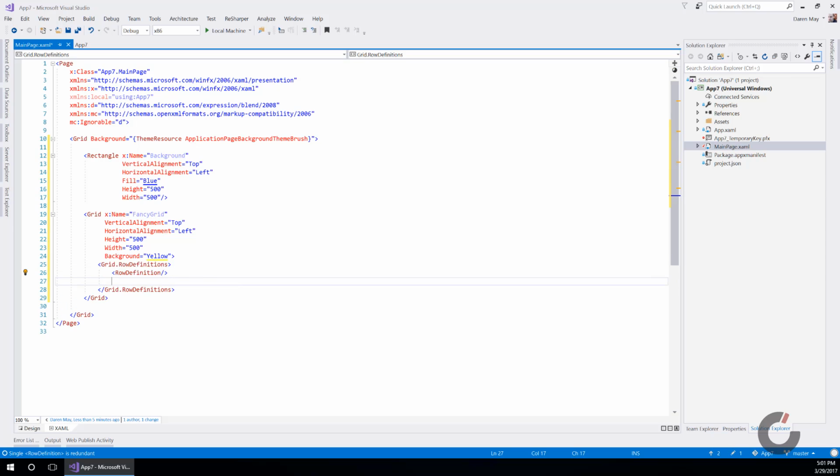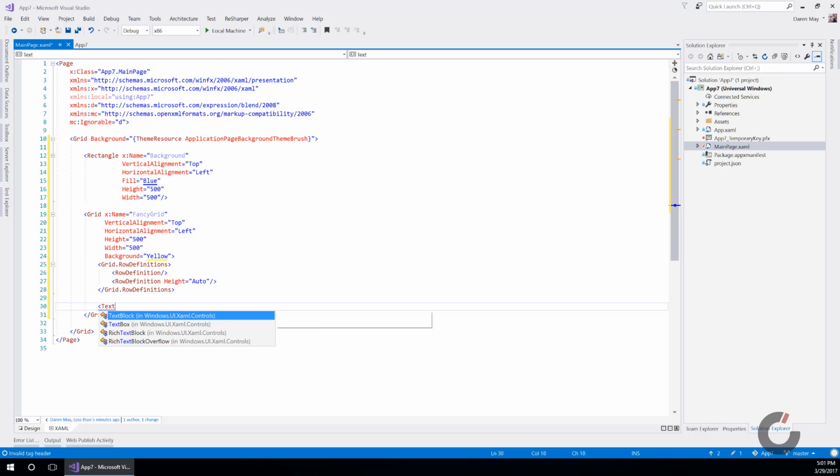This one will just have star size, which means it'll expand to fill the available space, and then this one will just have its height being auto, which means it will size itself based upon the contents of that row. Okay, let's add a couple of things in here. So we're just going to have a text block, going to have text wrapping to wrap whole words, and then we're just going to put some garbage in here. So let's just say yada yada,